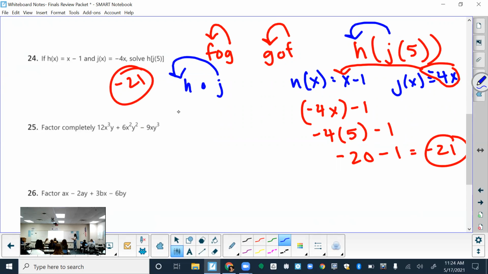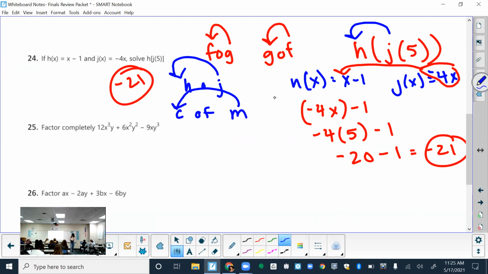So if it was C of m, right? What goes into what? Does the C go into m or does the m go into C? C goes into m. So always the last one going into the first one. All right, so something like this.